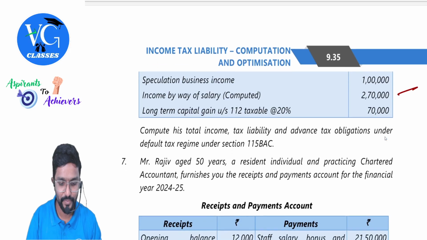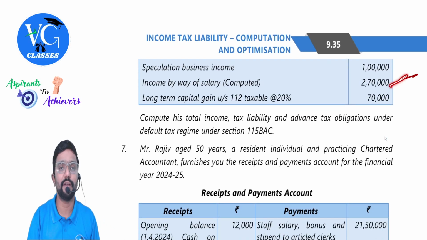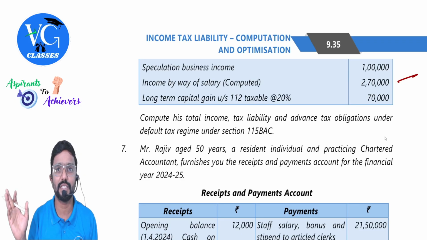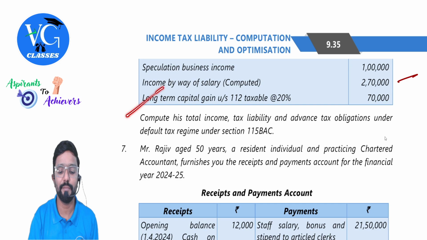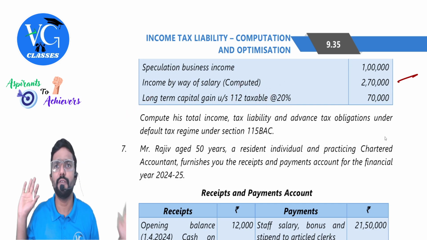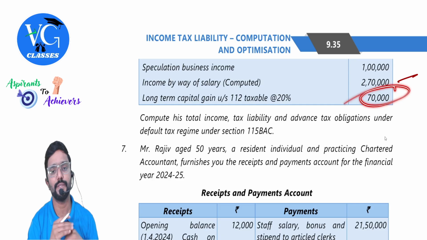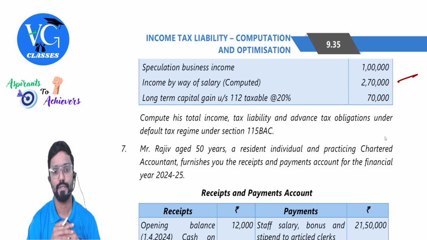Income by way of salary is computed. Don't give standard deduction and all. Already everything is taken care of. Please don't give anything extra. Long-term capital gain under section 112, taxable at 20%. They have only given that. No confusion about dates and all. Don't worry, they only told 20%. 70,000. Compute the total income, tax liability, and advance tax obligation under